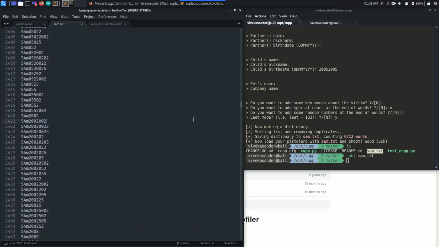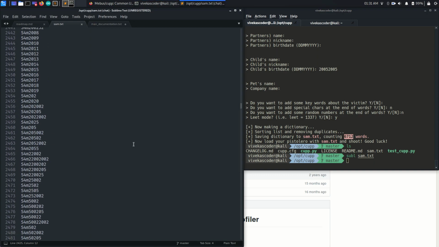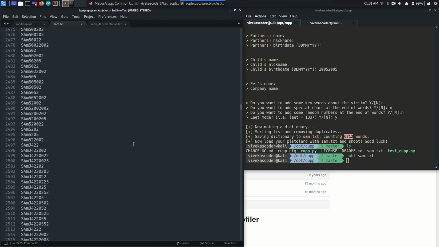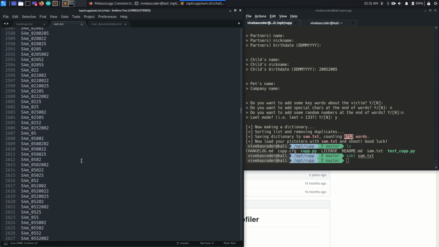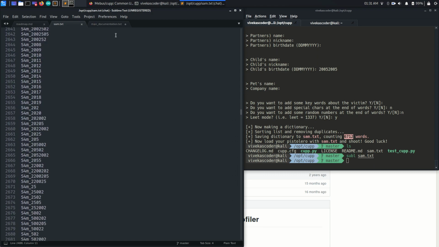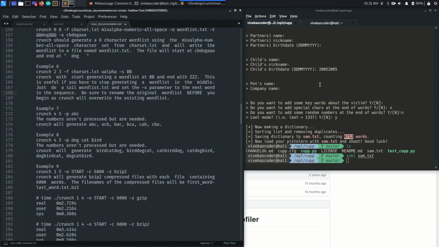The best thing about it is that it's not just permuting a bunch of characters in order to generate random things, right? The word list that it has generated does make some sense, not like Crunch, which actually permutes the characters. So this is quite useful for brute force attacks, right?